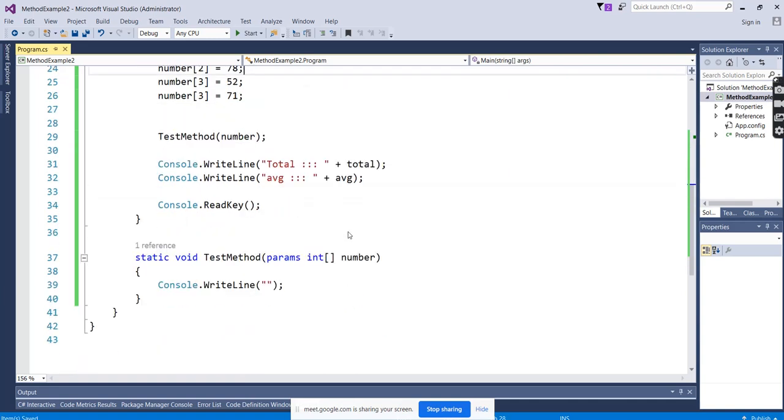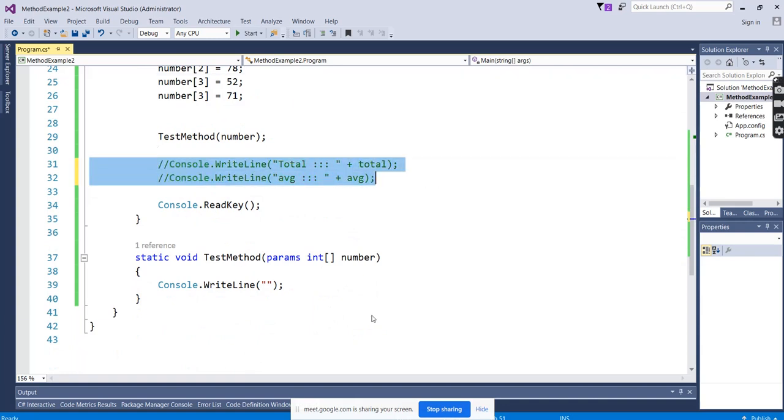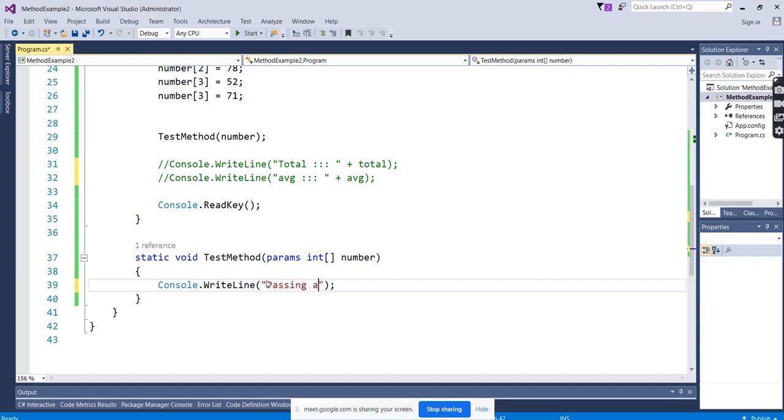Okay, here we can see this. Passing an array, passing an array value using params in the method.